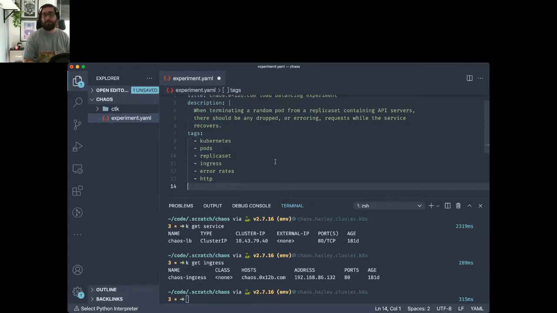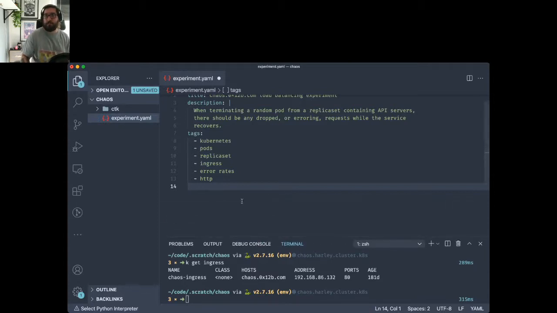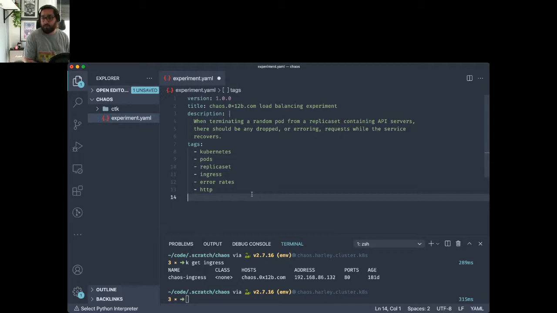That should fairly describe what we're going to do in this test. Let me just make the terminal a bit smaller as well so you can see a bit more of my screen.